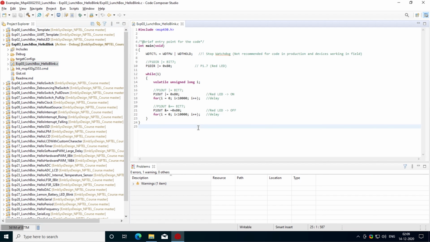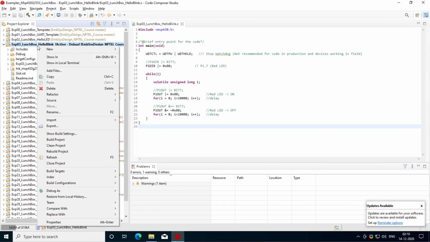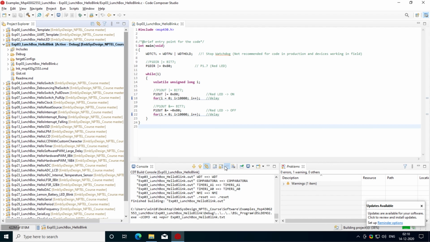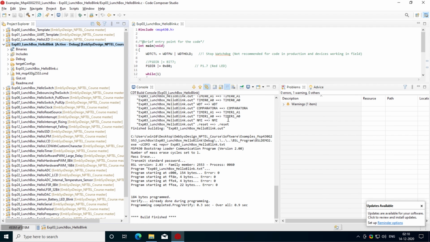This program will just blink the LED that is provided on the MSP430 Lunchbox. We will just right click and build the project. All the requirements of the Lunchbox MSP430 hardware in terms of file format that is needed by the Lunchbox are set up over here.